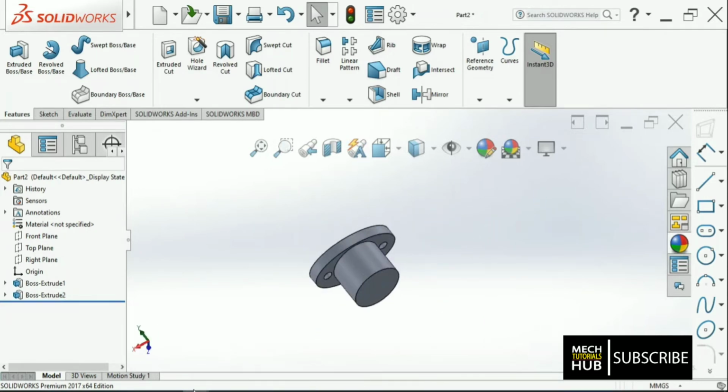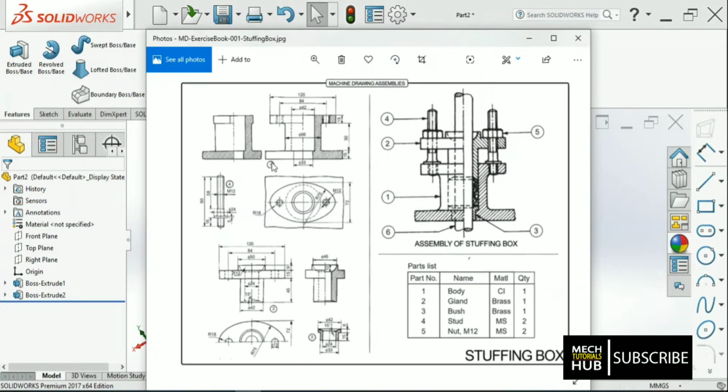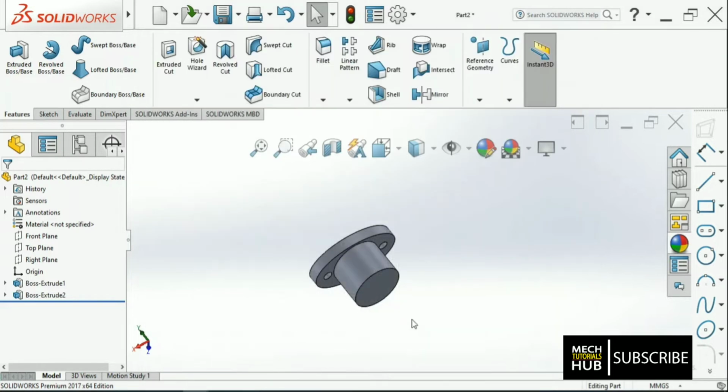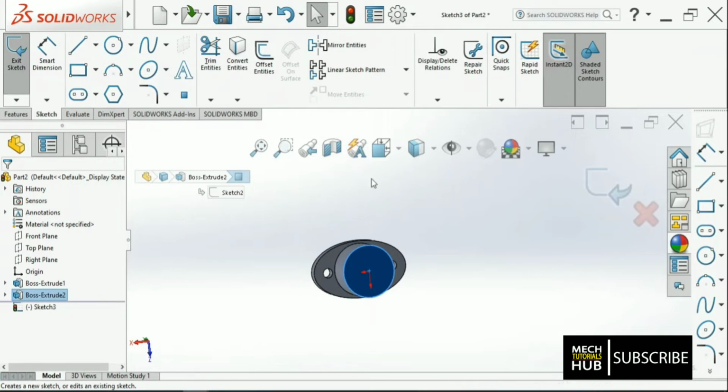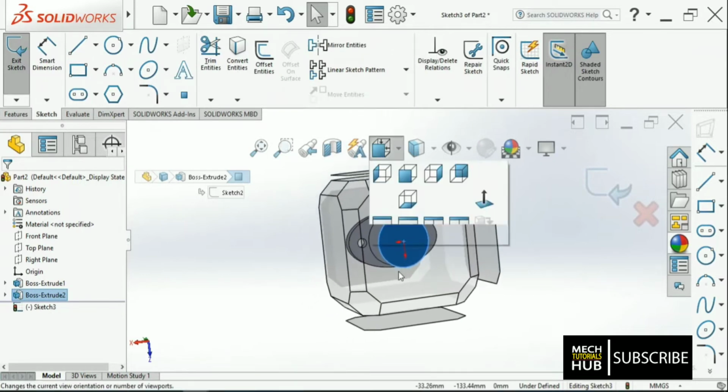Okay, and one more part below that, here there is a rectangular element, integral part of whatever we have drawn just now. This particular rectangular piece is maintaining elliptical major dimension 120, and this distance is more than 120. Conventionally you can take it as 140 or 160. I'm going with some 140 dimension. For that, I'll select the bottom face, sketcher, keep the model normal to the window,